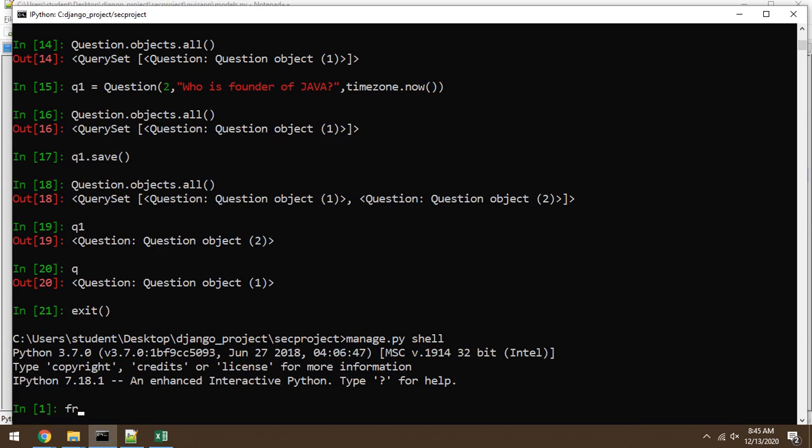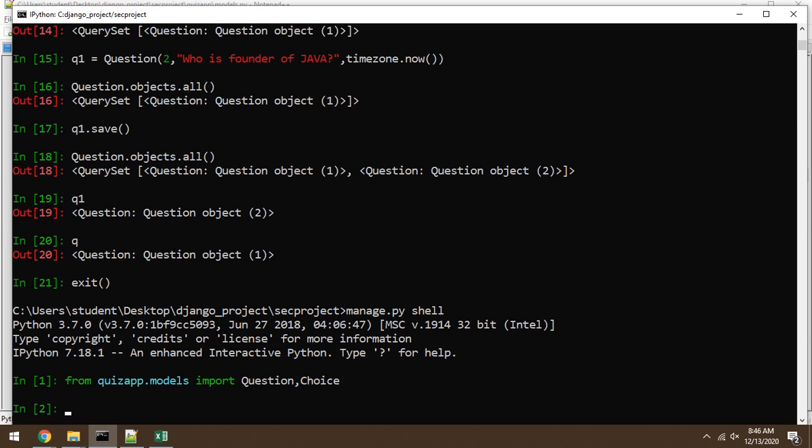Now import Question and Choice, जिसकी आपको जरूरत है, from quiz app dot models import Question and Choice। ओके, इन दोनों को मैंने इंपोर्ट किया।